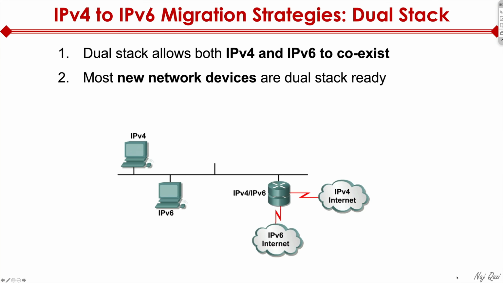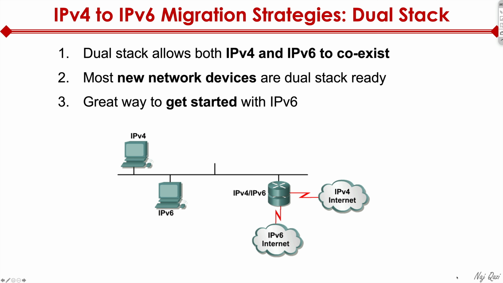And as you can see in the diagram here, we've got this host up at the top that has an IPv4 address. We have a host at the bottom with IPv6. And then we have routers that have both IPv4 and IPv6, and they have interfaces into the IPv4 internet or the IPv6 internet accordingly. And most of the new devices today, whether they're routers or switches or endpoints, they are dual stack capable and